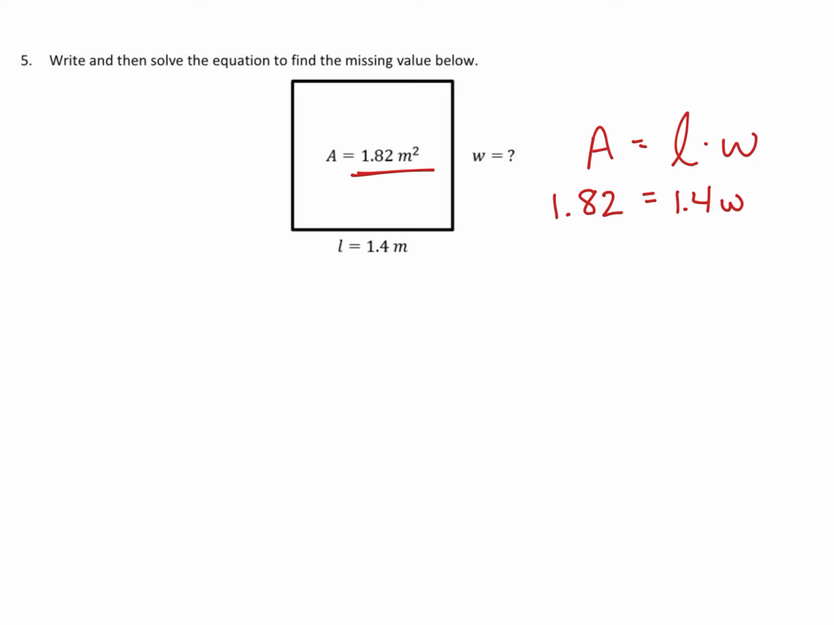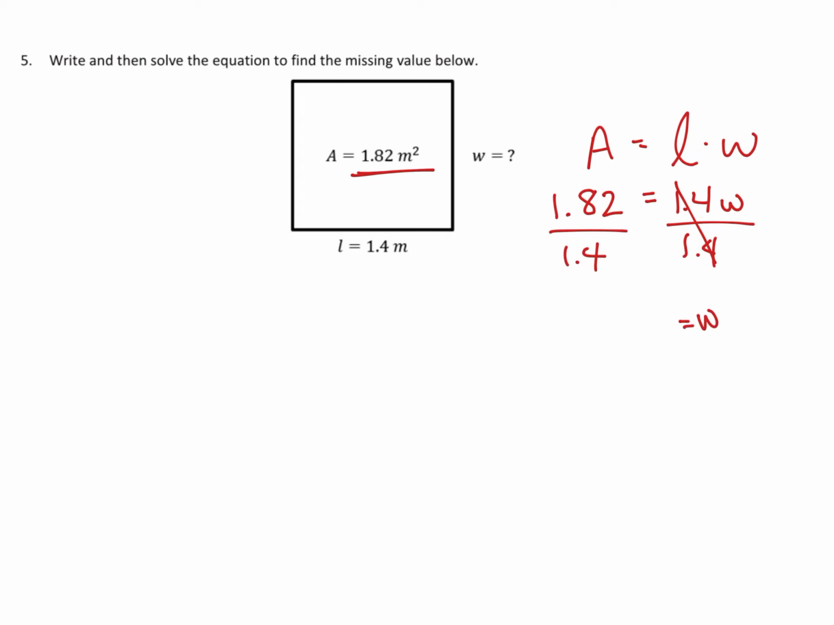When we were solving for a variable, we had to undo whatever was happening to it. So right now, 1.4 and W are being multiplied together. The way that we can undo multiplication is with division. So we are going to divide by 1.4. These divide out, and